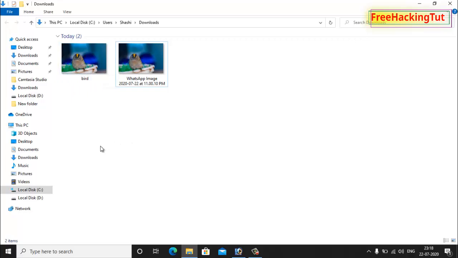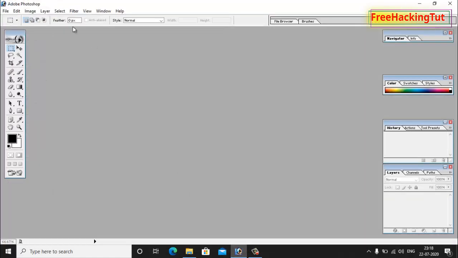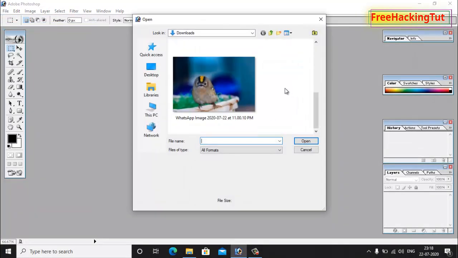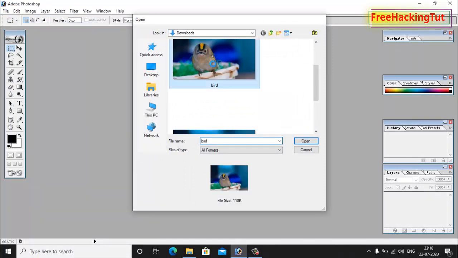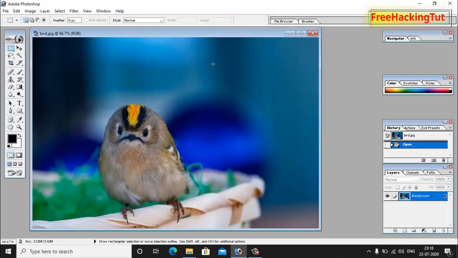So now let's try to open this image into Photoshop. So you can see here the image is now open in Photoshop. So in this way you can easily fix this problem if you are also finding this problem while you want to open this type of image in Photoshop. So you can follow these tricks to